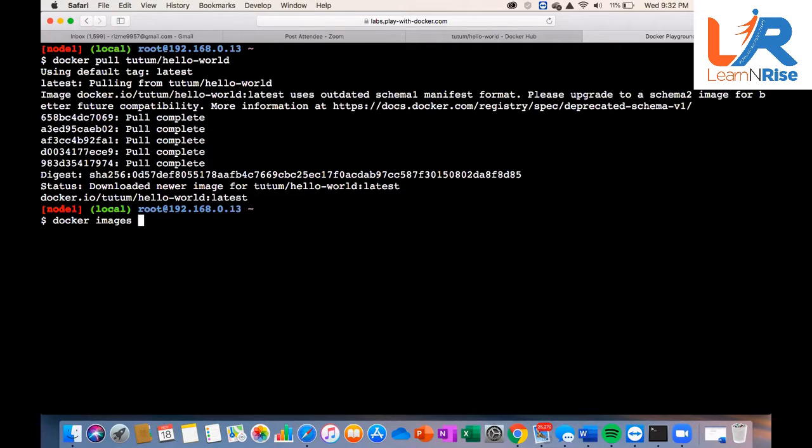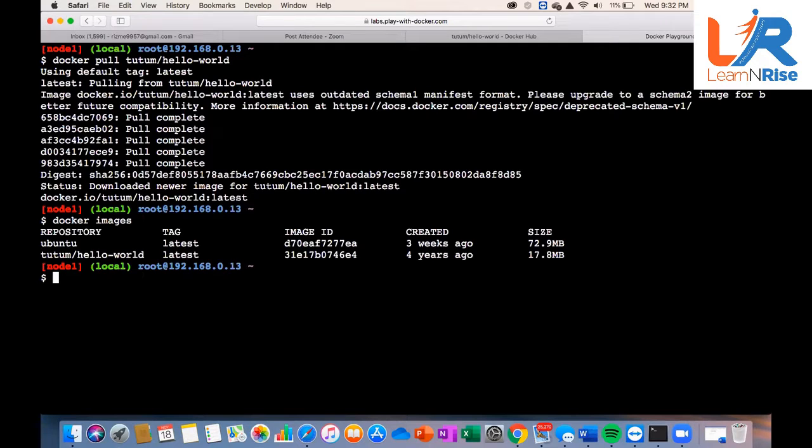Press enter. Good. So you have two images. One image is Ubuntu. The second image is tutum/hello-world. Right. Now let's run this image. How am I going to run it? We again use the command docker run.